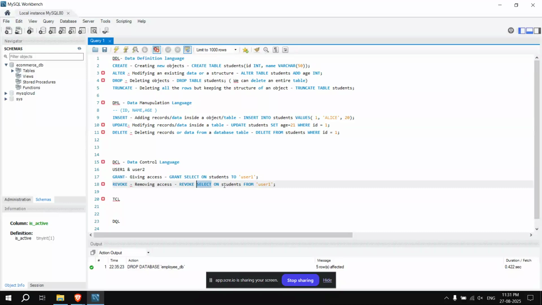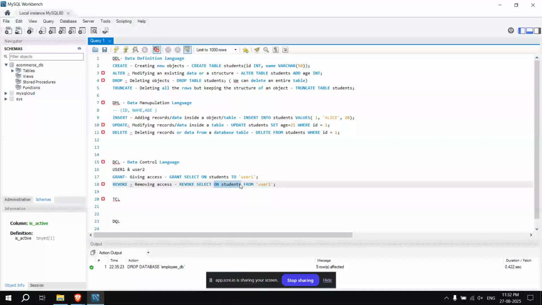And then on students. On students specifies what kind of thing we are removing permission from.